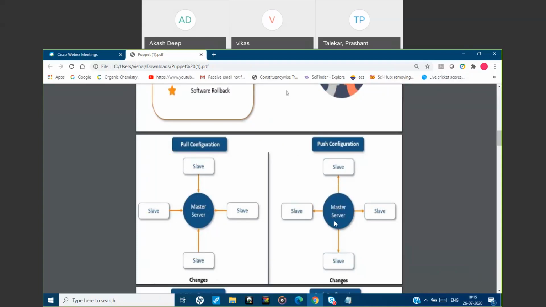So basically you will be configuring your master with what you want to reflect in all the slave nodes, right? You will be doing that with a single command. You run a single command on your master server, and you don't need to visit the slave servers and execute any sort of command.